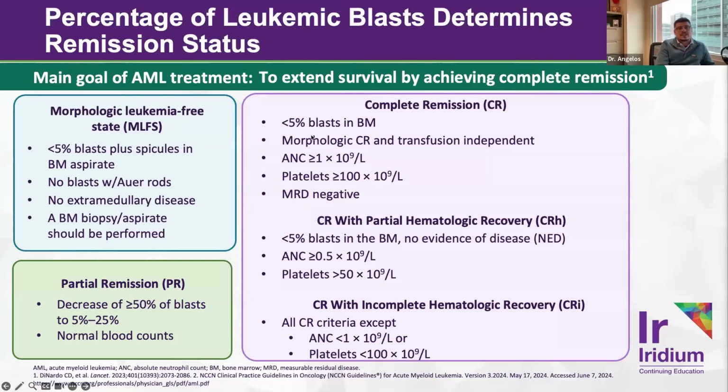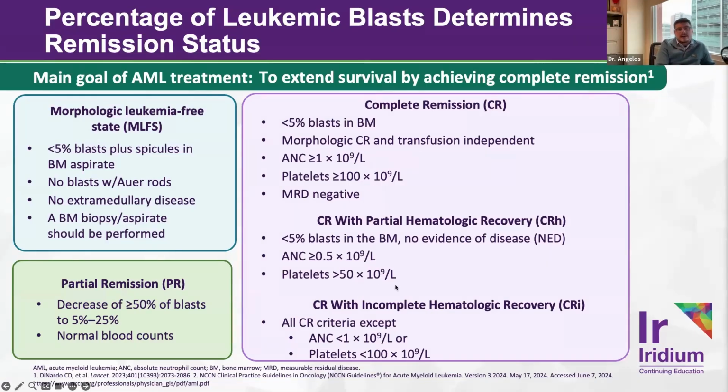So really the key takeaway message from this slide for everyone to be aware about is that there are various depths of remission. And kind of the most superficial layer of remission is this concept called morphological remission. We'll abbreviate this lowercase m, capital CR. This is defined by blasts within the bone marrow of less than 5%, and also an absence of any circulating disease or extramedullary disease, as well as healthy, normal hematopoiesis, which is indicated here by an ANC greater than 1,000, and then also platelets over 100.